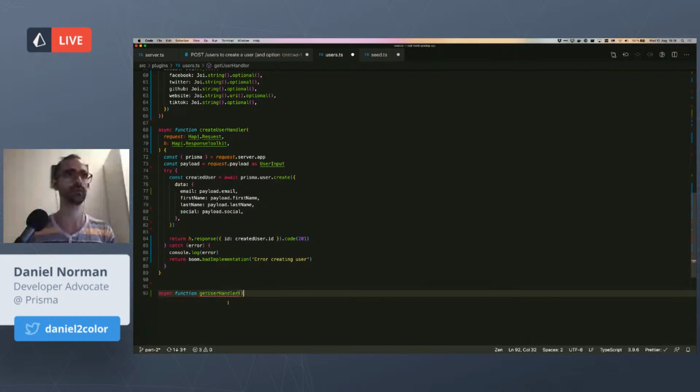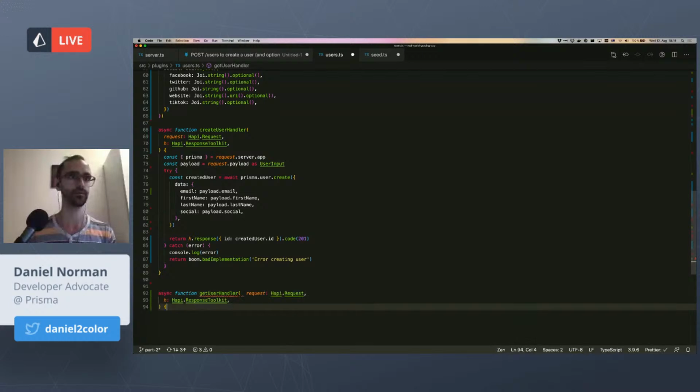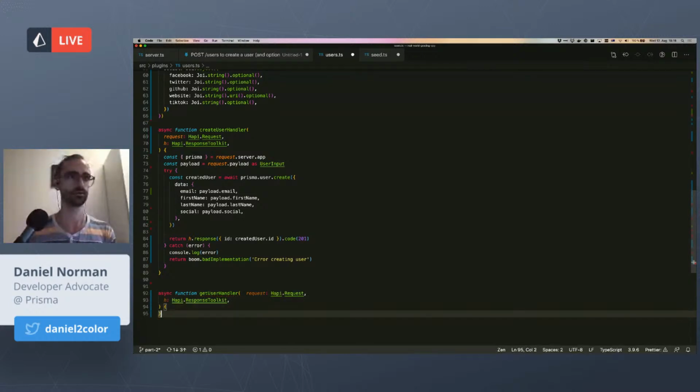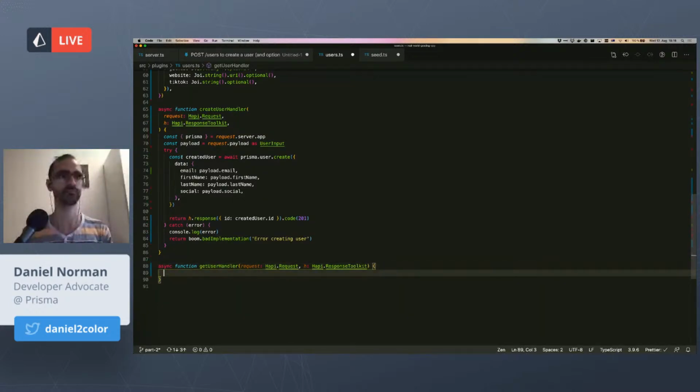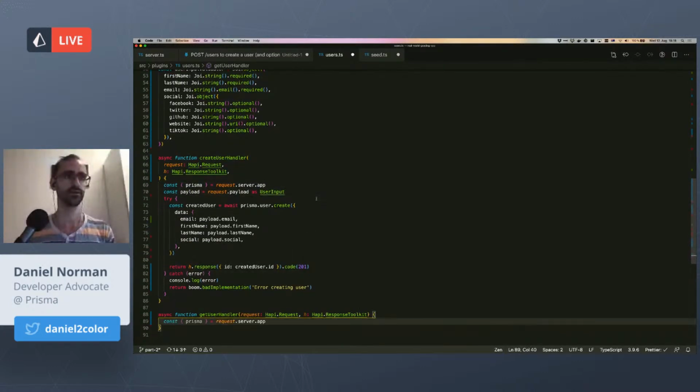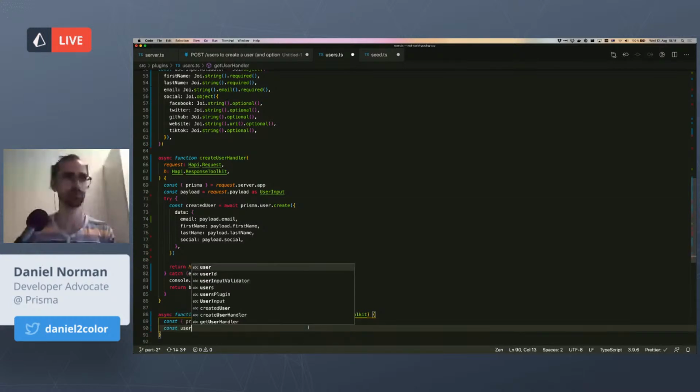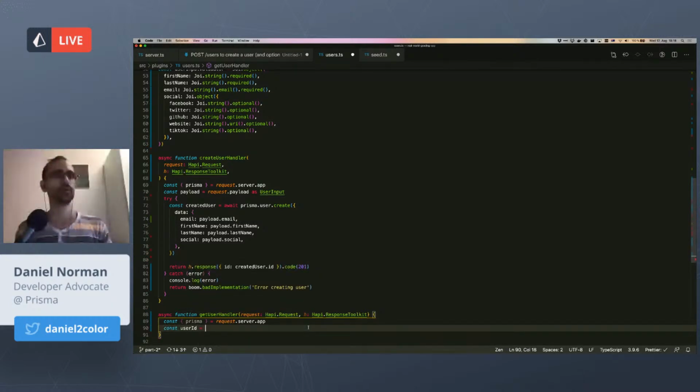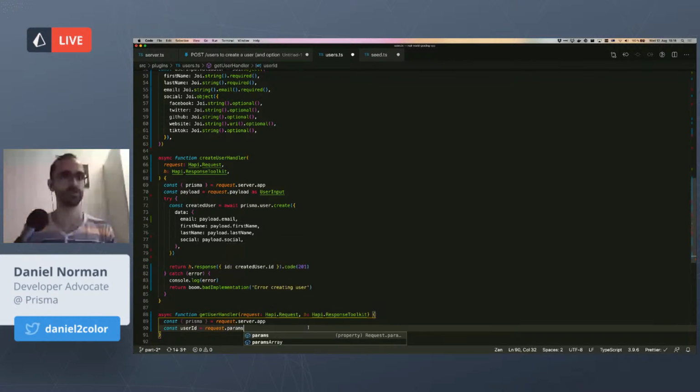Function getUserHandler, and just to save time, I'm just going to copy that from here and close that, and ta-da, we've got a get user handler here, and we can already pass it Prisma. Obviously we're not going to have a payload, but what we're going to have is the request params, equals request.params, user ID, I believe it is,